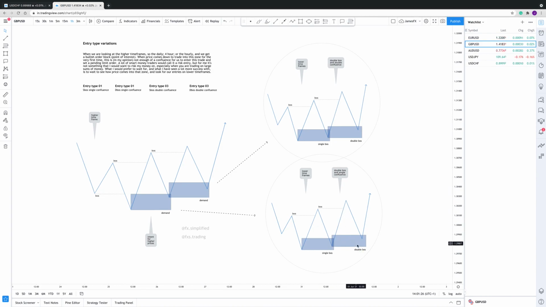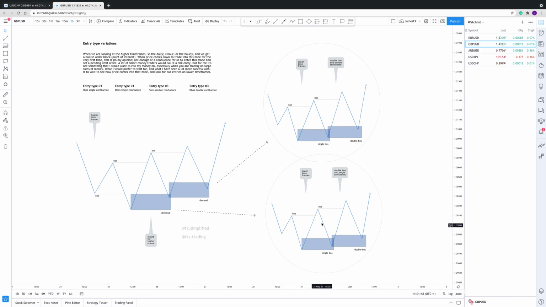So that's a double boss and it's a single confluence, because we're still trading at this first hourly demand level, but we have double confirmation on a lower time frame. So one thing I would say for anyone who struggles with entries or takes too many losses, definitely try and